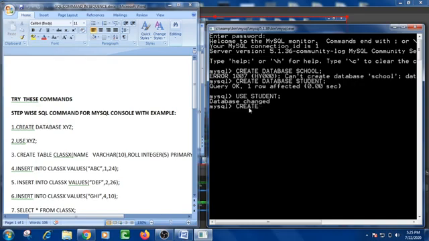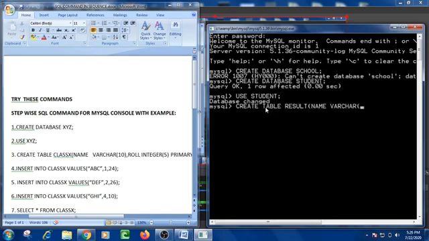First is to create the database, second is to create the table. So the first time I wrote create database, and the second time I will write create table. With the table I will write the table name. Suppose that report card result is the name of the table. Along with this I have to define the table also. First is the name with the data type varchar.